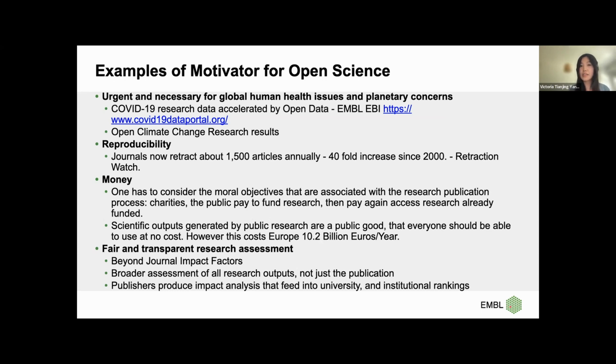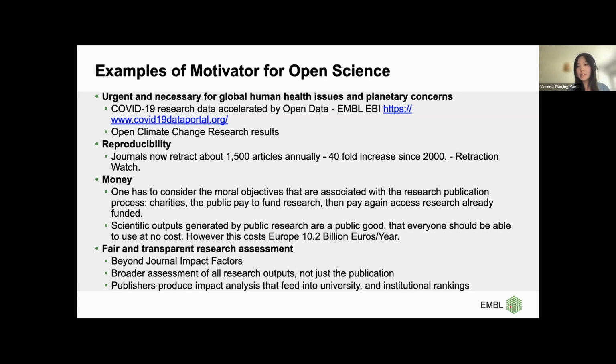However, that's just not the case at the moment. It's estimated that Europe spends 10.2 billion euros a year on accessing science. And the last one, of course interesting to all academics, is that if you share data and share your